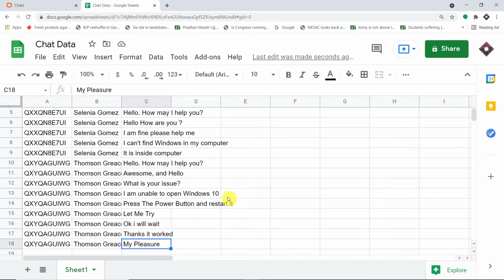So you must be thinking, how did I do it? How did I manage to save the data from live chat to my Google Sheet? Basically, here we are using an integration and automation software called Pabbly Connect that has integrated live chat and Google Sheet. Now before I show you the steps, let me give you a small perspective of how this integration is going to work.